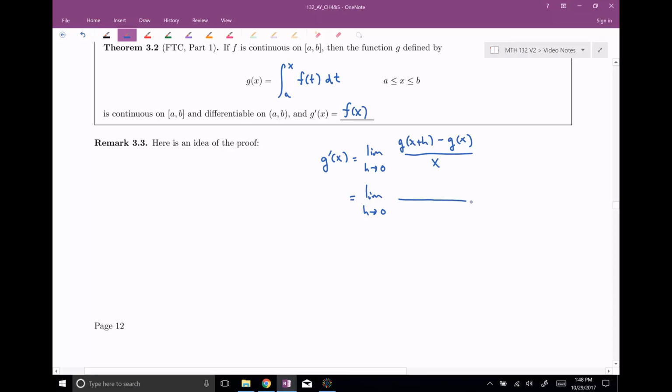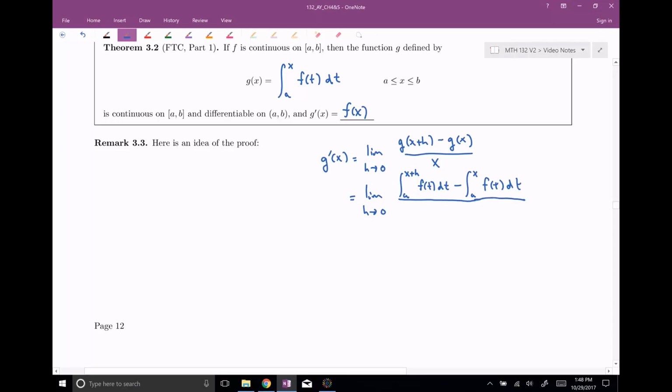In this case, we can go ahead and use our definition of g, and g is supposed to be this integral from some starting point a to, and everywhere we see an x, I'm going to plug in an x plus h. So x plus h of f of t dt minus g of x, which is the integral from a to x of f of t dt,